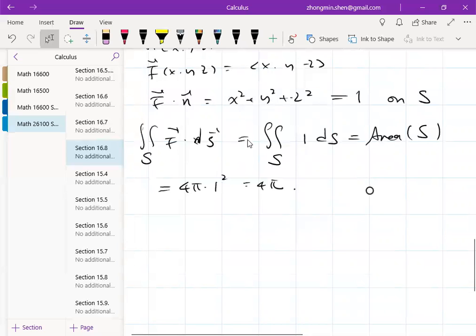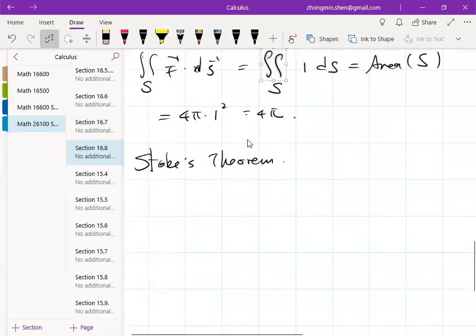Okay. So today we're going to talk about the so-called Stokes theorem. Okay. The Stokes theorem says that